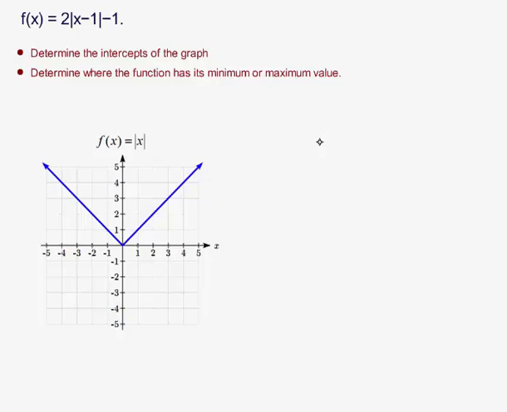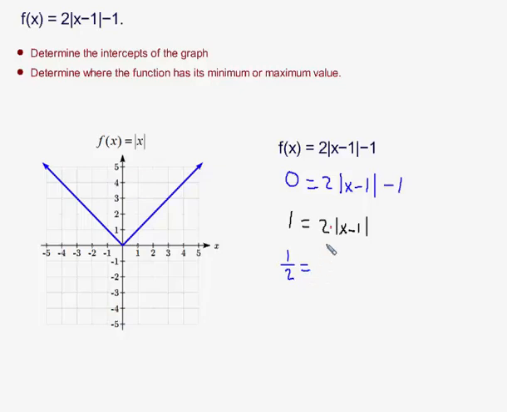and I'll do this by simply replacing either the input variable or the output variable with 0. So for example, to find the x-intercepts, I will replace the output with 0, and I will solve for x by first adding the 1 to both sides. Then, since the 2 is being multiplied, I'll divide both sides by 2, giving me 1/2 on the left-hand side. Dividing the right-hand side by 2, I would get 2 divided by 2, which is 1, so that simplifies out,